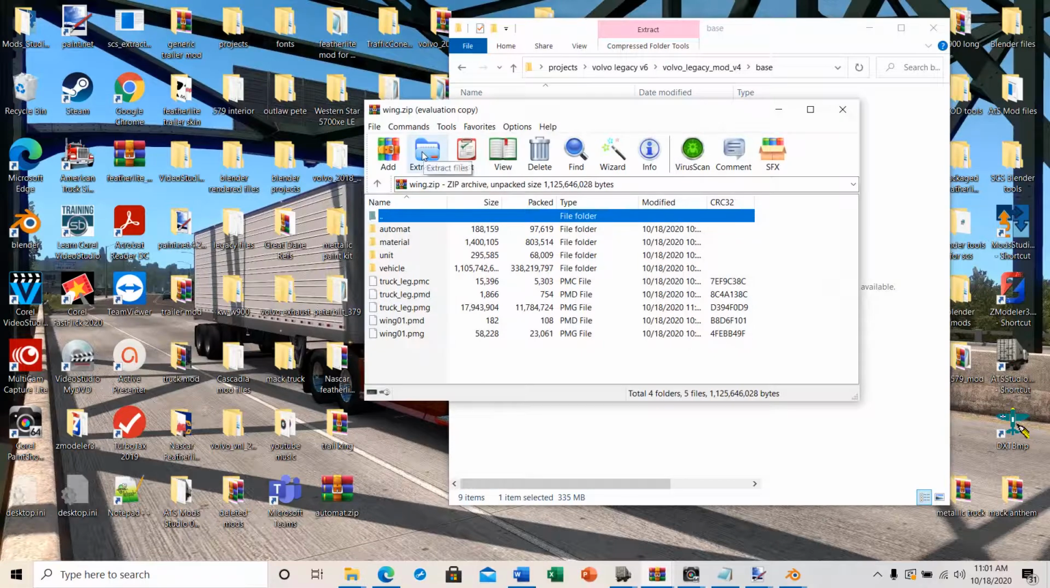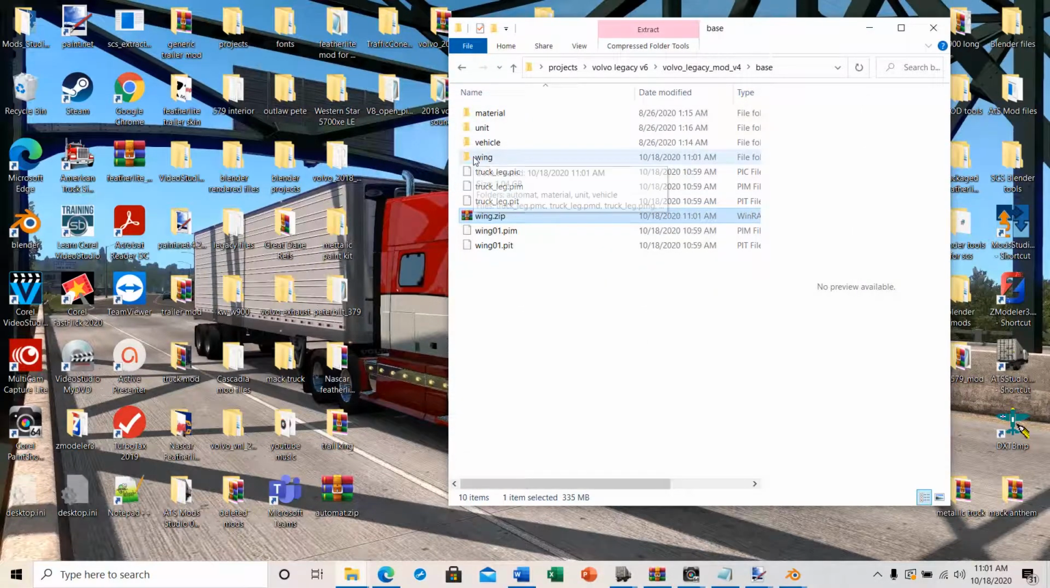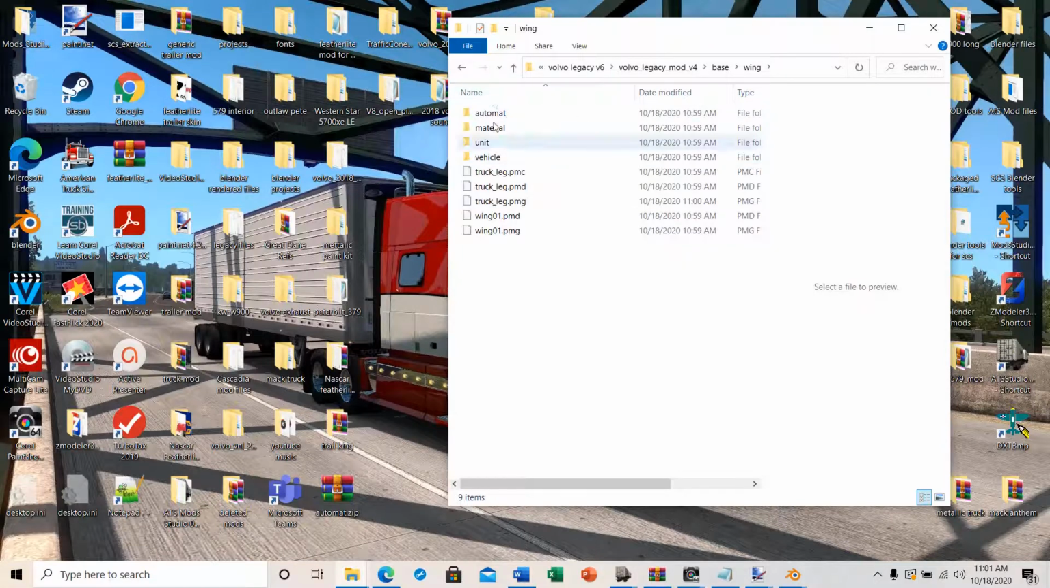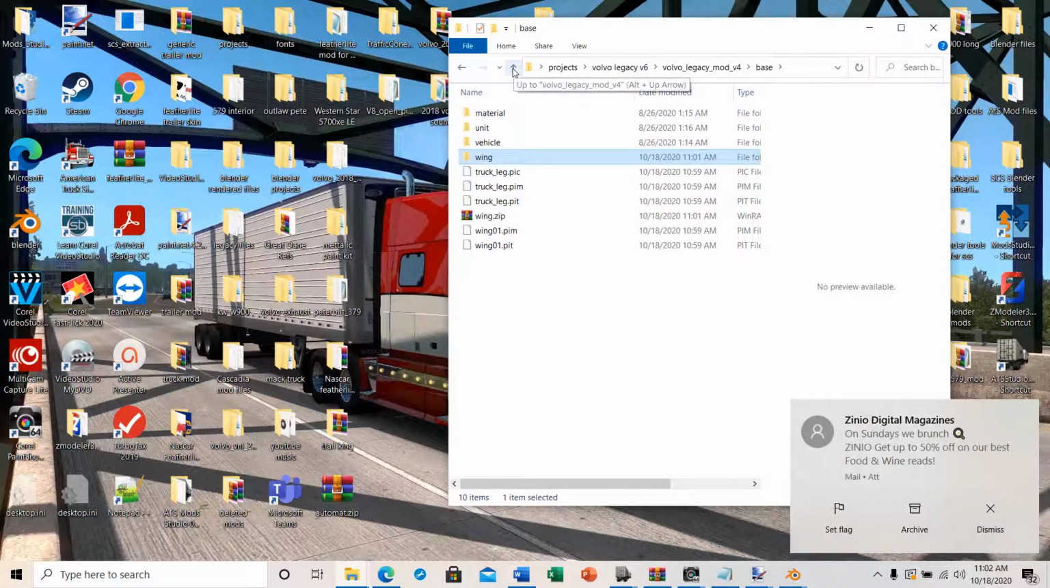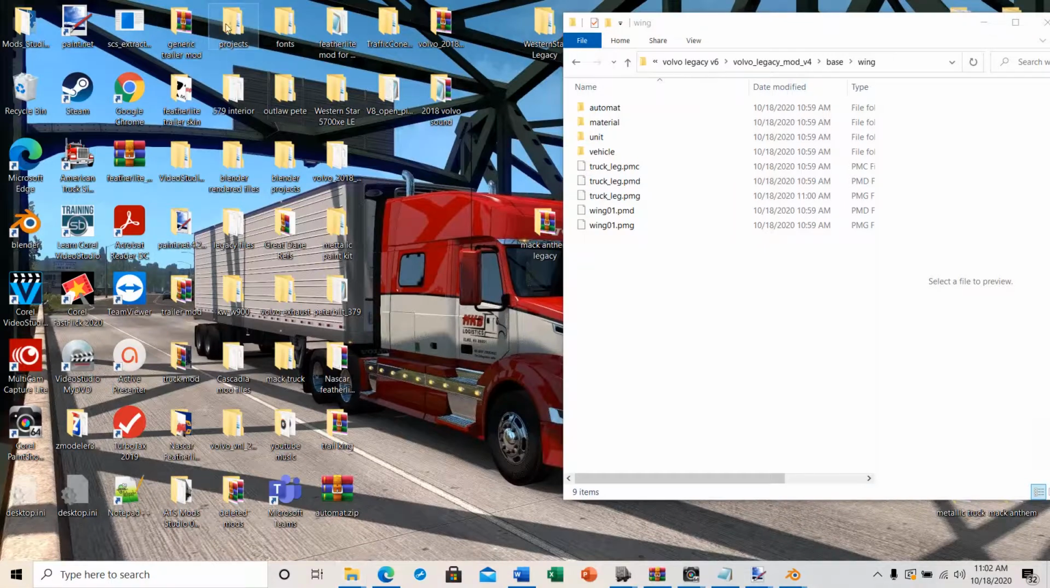So we'll extract those. So here's our wing folder. This is where we extracted, and you'll notice that now you have a wing PMD file and a wing PMG file, and then you have the 3 truck leg PMC, PMD, and PMG files. So we'll leave that open a second. We'll go back to our project file,